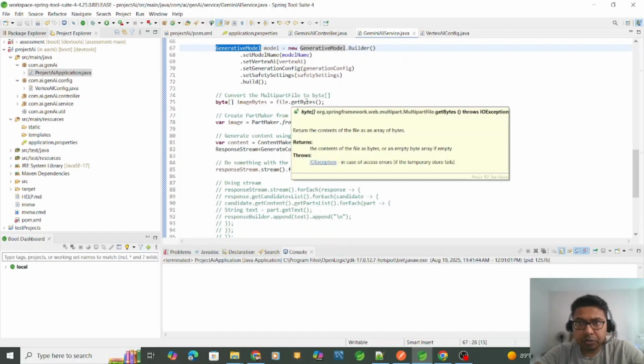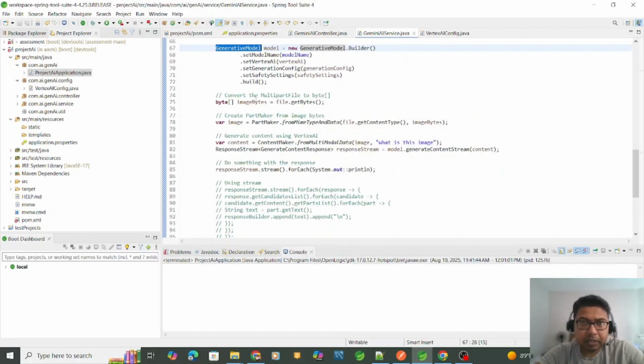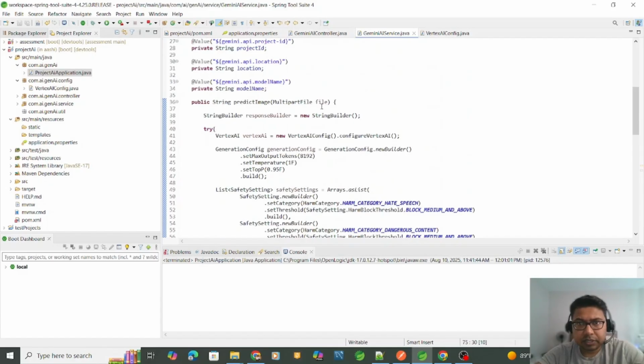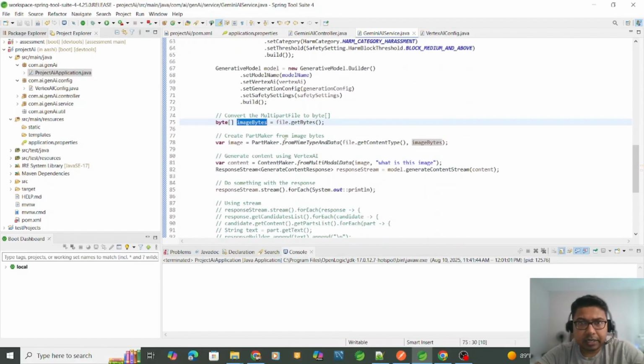Now what I'm going to do is image bytes, this is file.getBytes. So this is the file I have passed, and it's getting the bytes, getting that image, and then passing that to the content maker. So this is the call to Vertex AI. Here I'm calling Vertex AI, and I am passing that image which we just created out of that file which we passed,